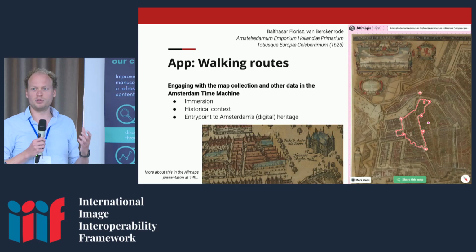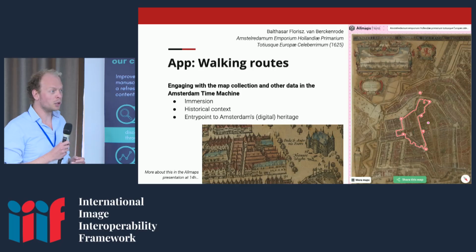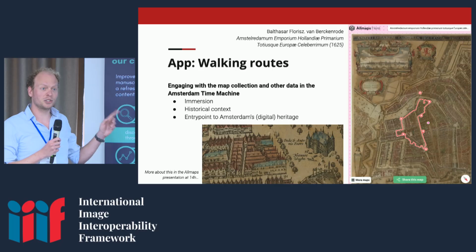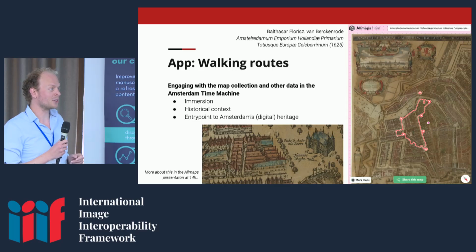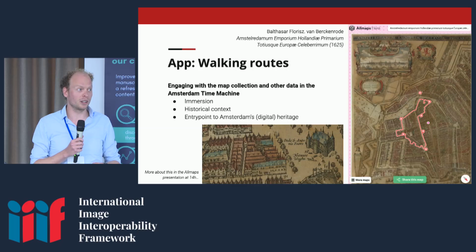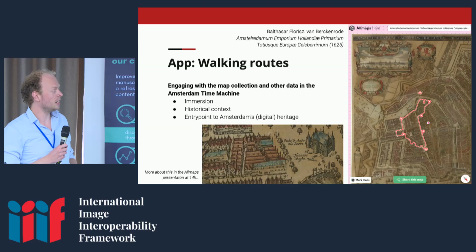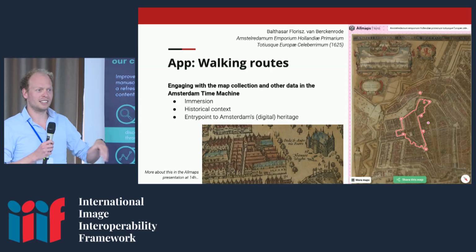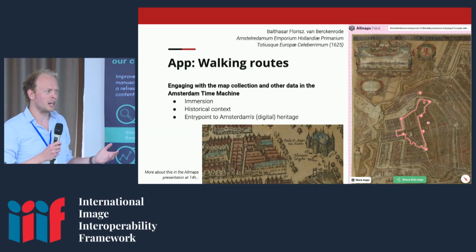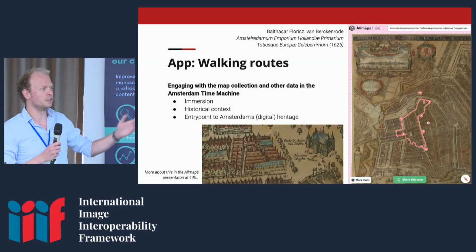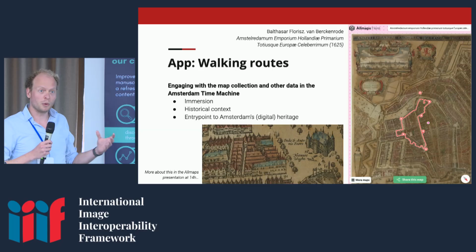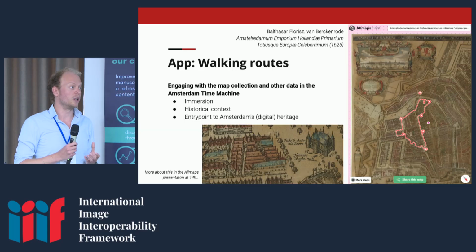And we decided to publish a walking route in this app. More on this at 2 o'clock in the session of All Maps. Bert will dive into this, so stay tuned. But what you see over here on the right is the walking route that Ingeborg walked with the map curator some weeks ago, that she recorded, in which we added a couple of features where a particular interest was, for which we have extra information in our Amsterdam Time Machine, maybe with pictures from the Amsterdam City Archives or other descriptions from the Rijksmuseum. So this is an app in the Time Machine where it all comes together,